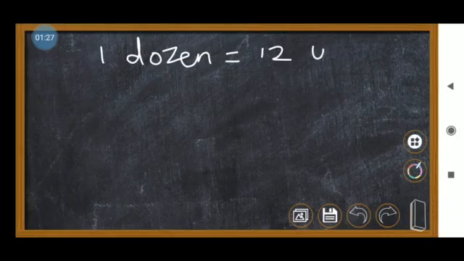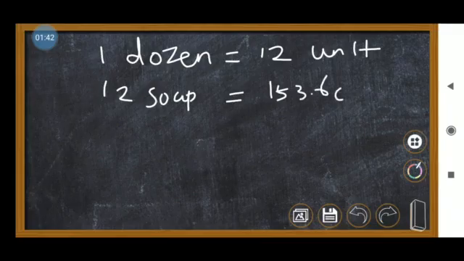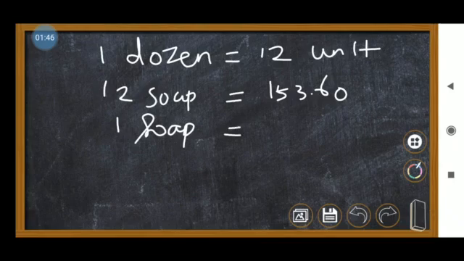So 12 units means 12 soaps, and the price of 12 soaps is 153.60 rupees. So one soap price is equal to